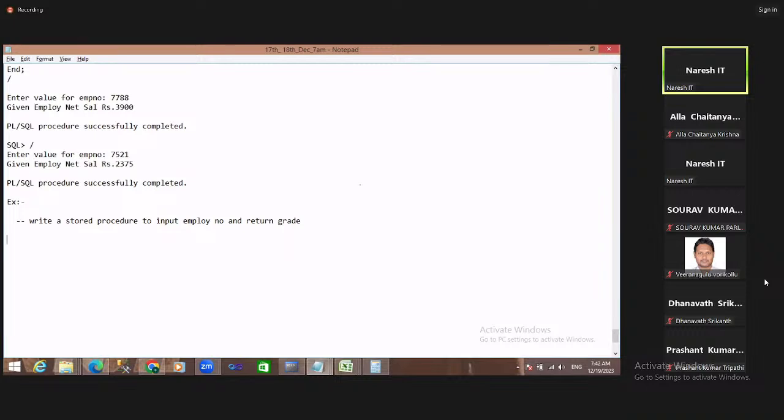So create or replace procedure emp_grade_procedure of